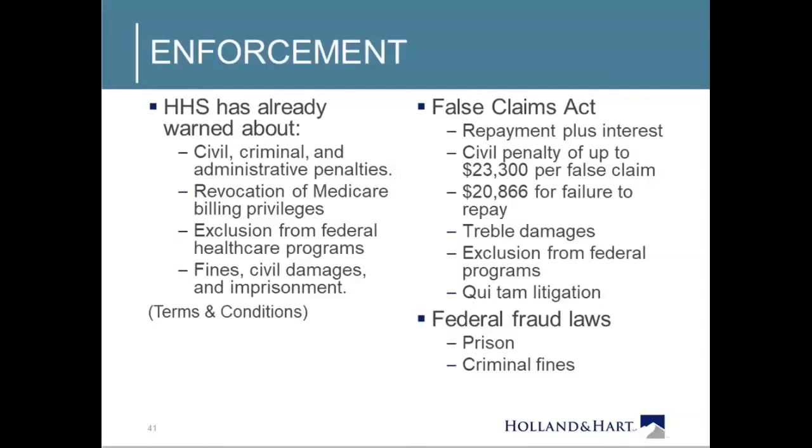If you fail to make the report and repayment within the required time, it can give additional penalties. You can be liable for treble damages, which could be 3 times the amount that you receive from the government through these payments. You could be excluded again from the federal program, and you could be subject to these qui tam